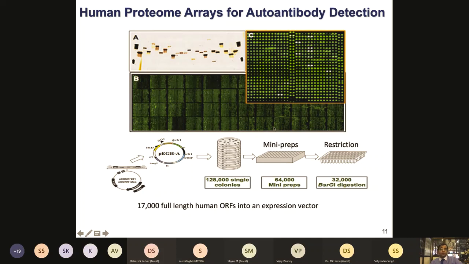And some of you who are planning to do small projects, rather than investing time into developing your own arrays, I think it might be a wise strategy to buy these kinds of arrays and do something which will be really big. The only thing is, if your experimental design is good, even 10 arrays can give you so much data. Think about it: you are generating 40,000 data points of something which you cannot detect from mass spec or other types of platforms. You are looking at autoantibodies.